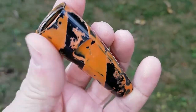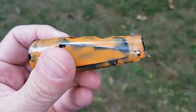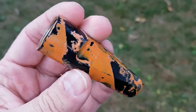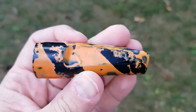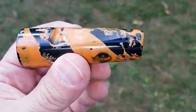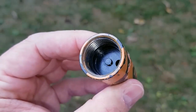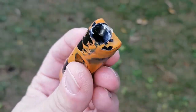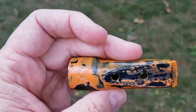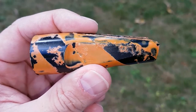Here, let me show you what it looks like. Seriously, look at this. How nasty is that? So this is all I had at the time to put on Deuce to get it to test shoot. The whole model 98 was taped up and painted like that. I mean, it still works, so obviously I kept it because you never know when you're going to need a part, but wow, just gross. So I got that bottom line on it,